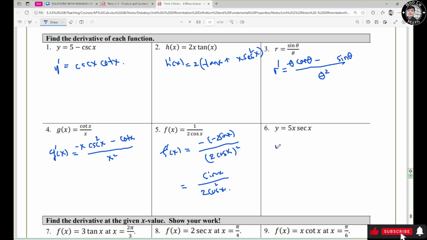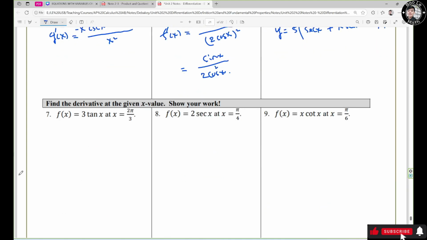Now question 6, y prime equals, rewrite number 5. Now I'm going to use the product rule, right? So the derivative of x equals 1, so it could be secant x only, plus the derivative of secant x, which equals secant x tangent x, and then times x, it could be x times secant x tangent x. That's it.